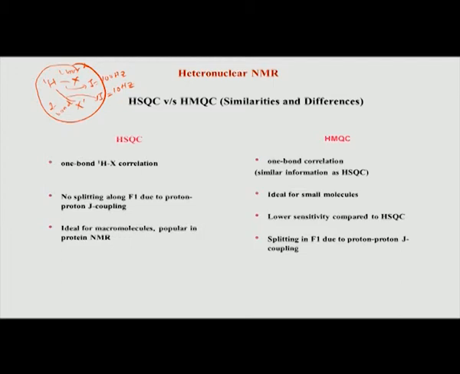So, the signal to noise in biomolecules is always slightly lower compared to small molecules. When we say biomolecules, we are talking about bigger peptides and proteins, whose rotational correlation time is very high. Therefore the T2 relaxation is very short. Whenever T2 is very short in NMR, the signal to noise will be very poor for that molecule. So whichever experiment has better sensitivity is always preferred.